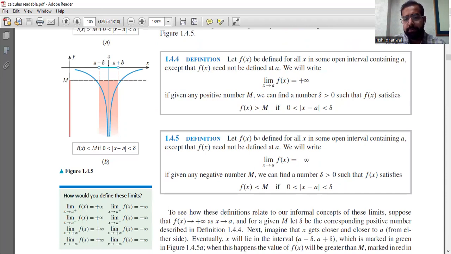Similarly, if f(x) is defined in some open interval containing a, except that f(x) need not be defined at a, we will write the limit as x approaches a of f(x) is equal to minus infinity, if for a large negative number M, we can find a delta greater than 0 such that f(x) is less than M, if 0 is less than mod x minus a less than delta, means